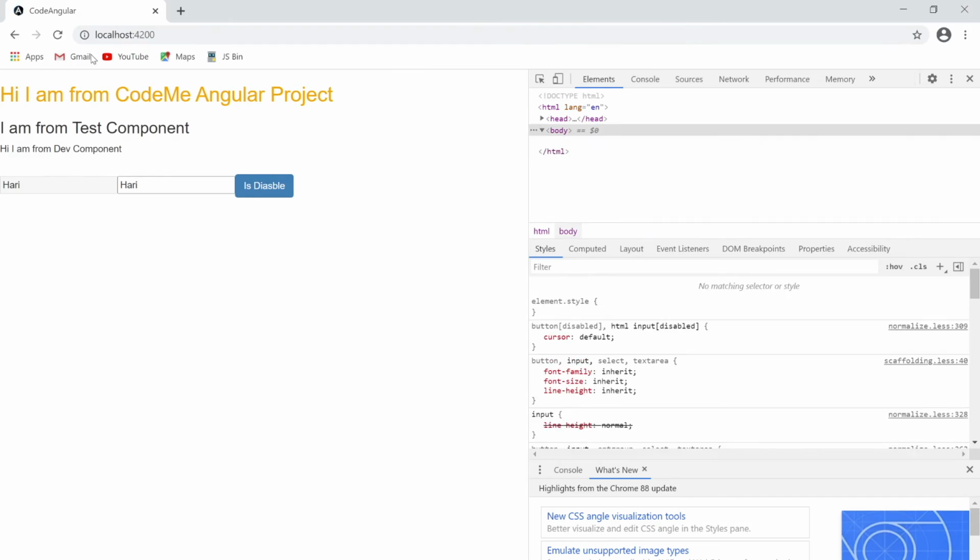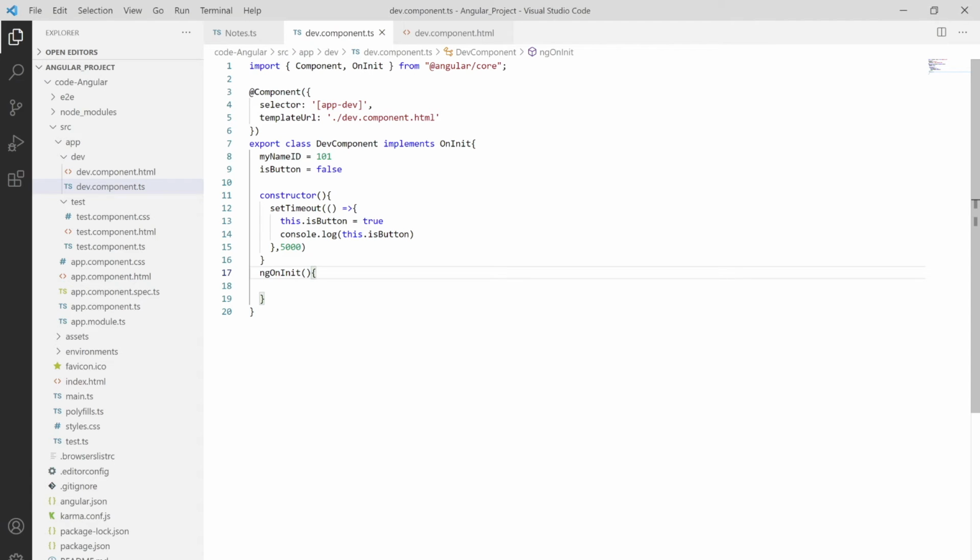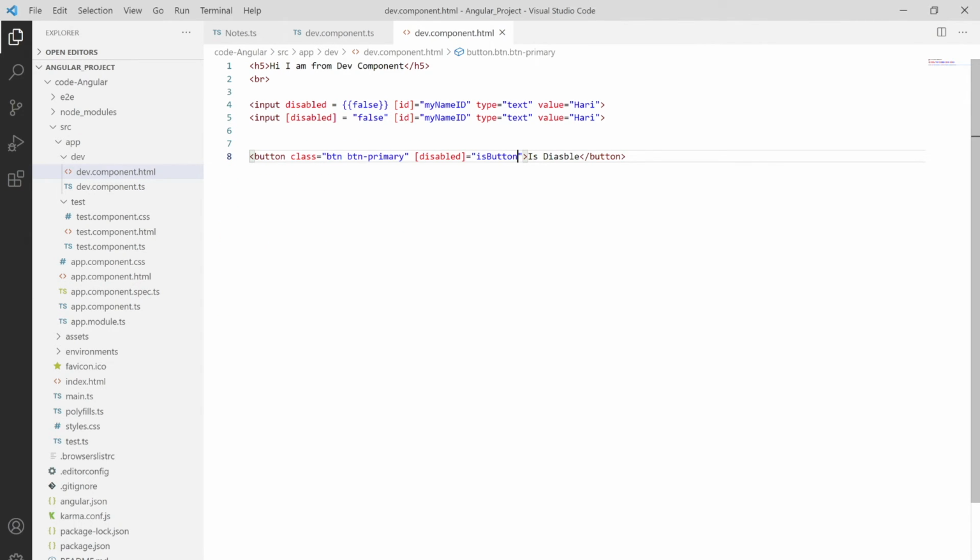Just move to the browser and refresh the browser, and as you can see over here this is enabled. We can click, but now just wait for 5 seconds. See, it's disabled. So that's how property binding will occur. If you want to see how this value is changing in the browser itself, I'm using one more inbuilt property of HTML. We have innerText, so innerText over here, and also assigning the value of isButton, and then closing it and saving it.